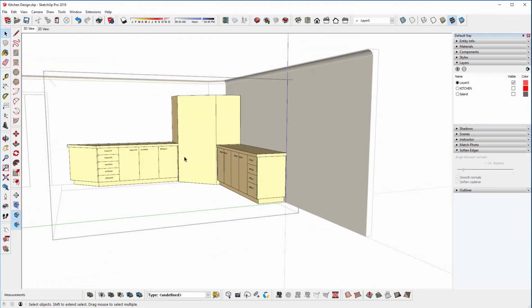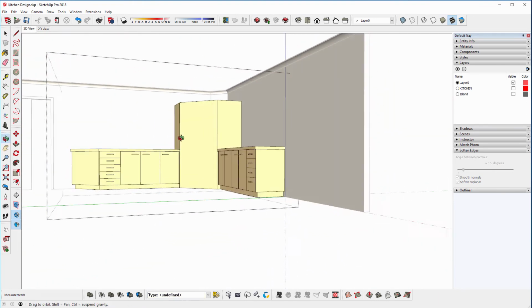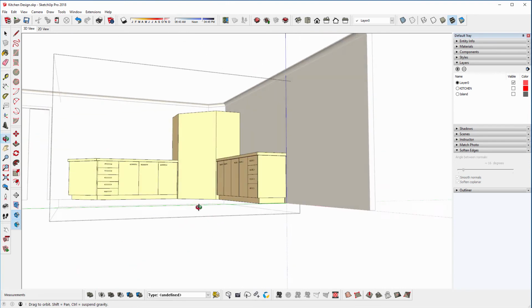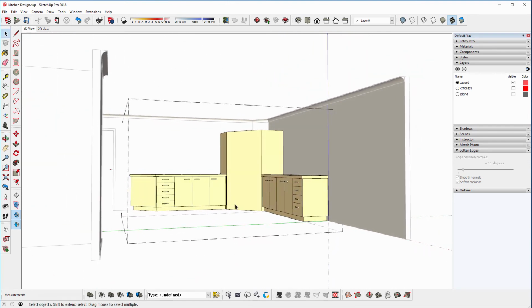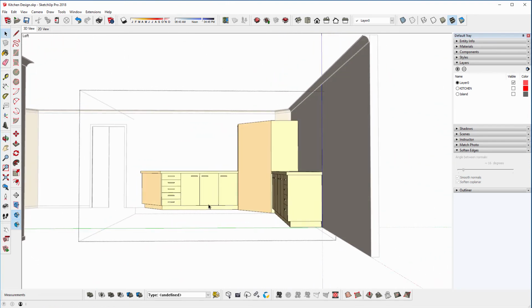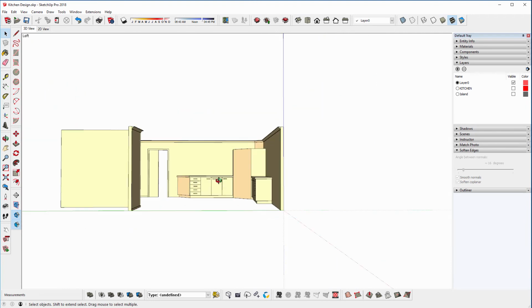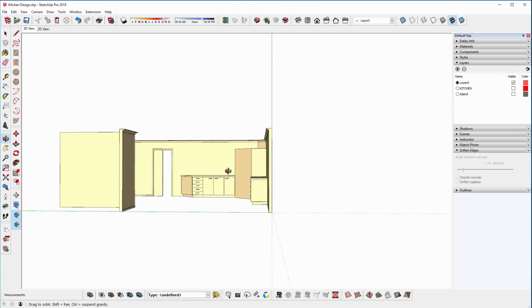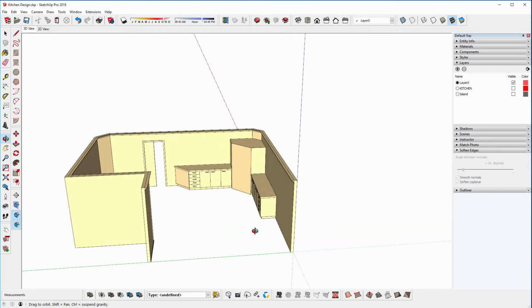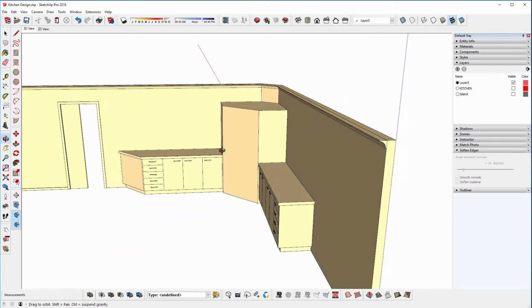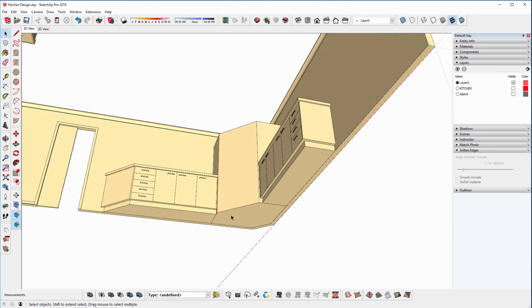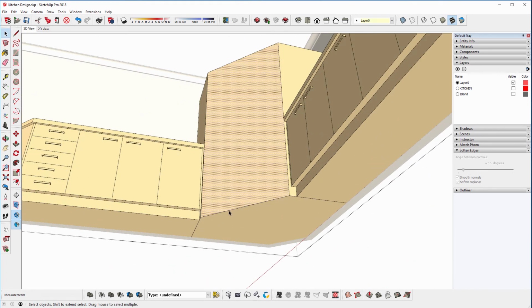Okay, so you can quickly start to create your kitchen. So that's probably enough of the modeling. You can carry on and do more on the cabinets and stuff, and probably the island, but we'll leave that off for now. Maybe for the tutorial's sake and to make it look good, we just add a bit of a kick on